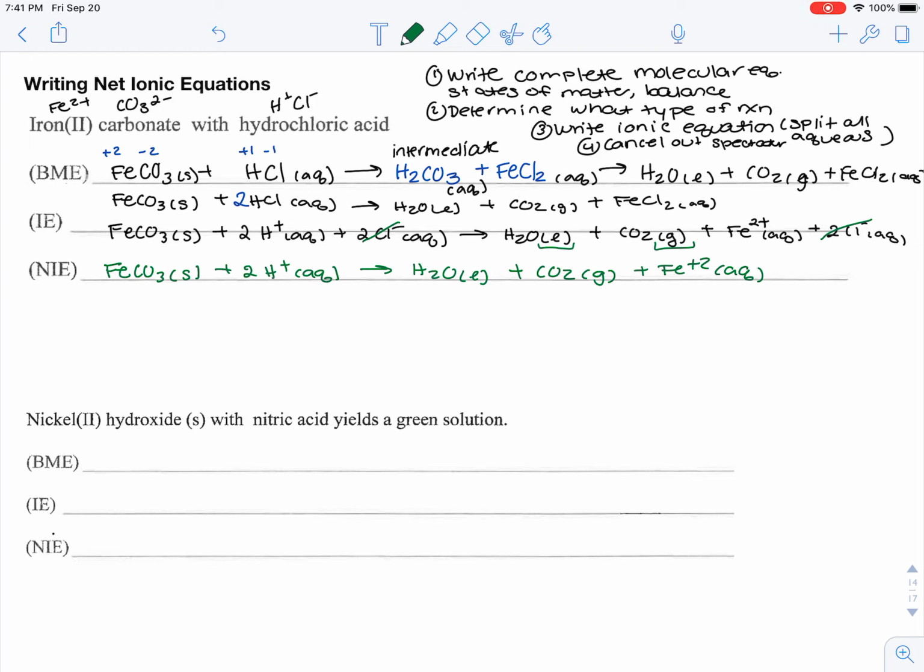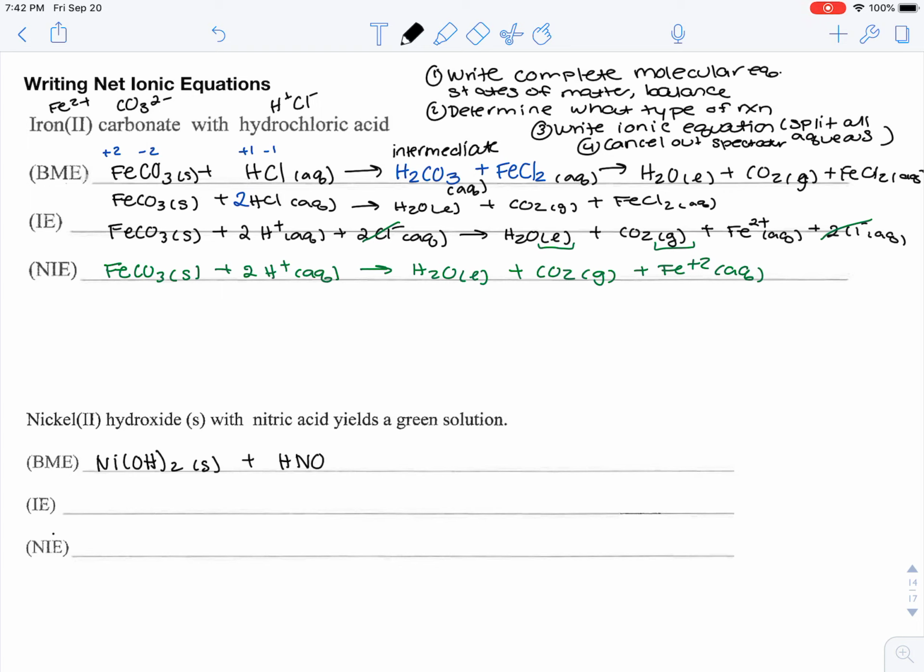So that same process follows along even when you don't necessarily have a gas evolving reaction. So looking at the next one, nickel 2 hydroxide solid, it already tells you that it's solid without having to look at the solubility rules, reacts with nitric acid to yield a green solution. So writing that, nickel hydroxide